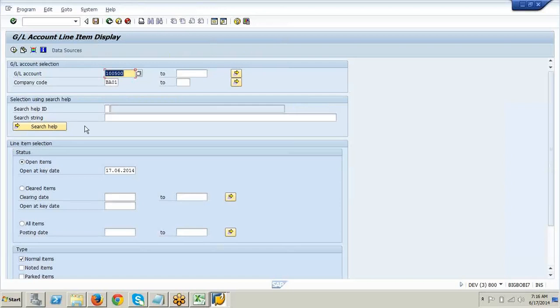So those GL accounts which we owe, which are outstanding, which we need to pay, we treat as an open item. Once I make the payment, it will go to the cleared items. Now nothing is there in the cleared items, see? So let us clear this invoice.